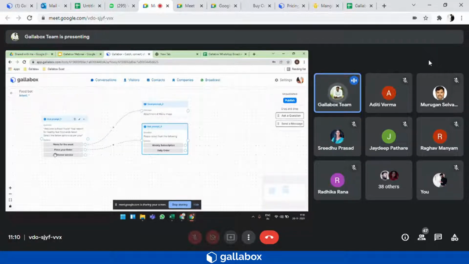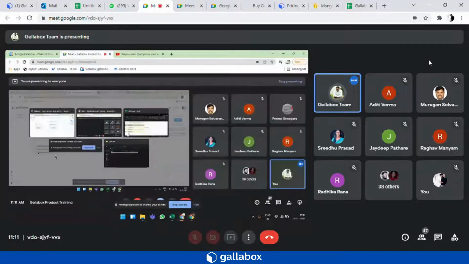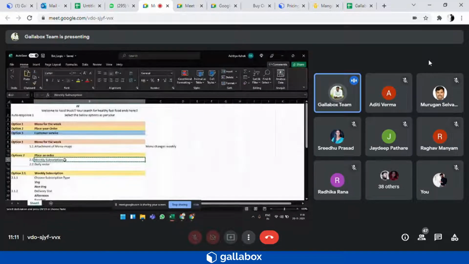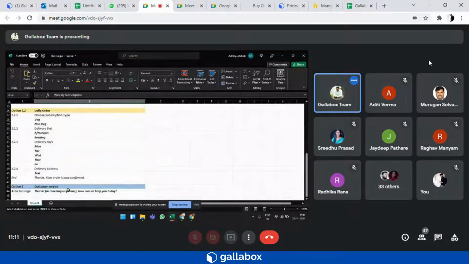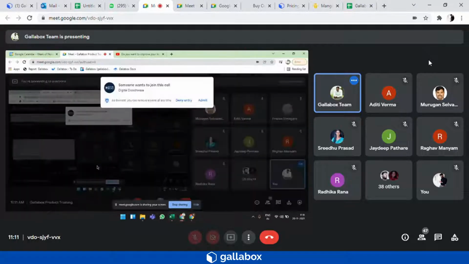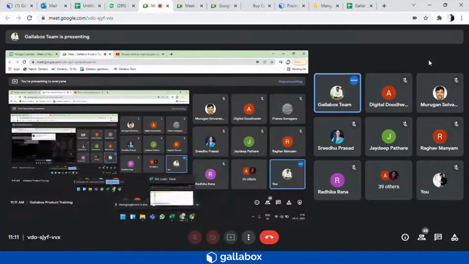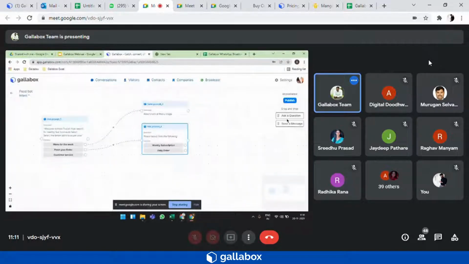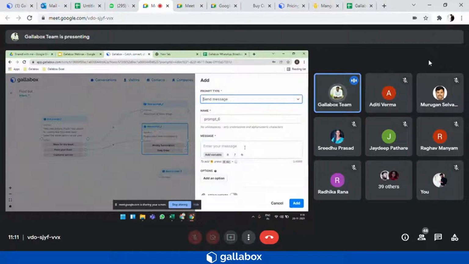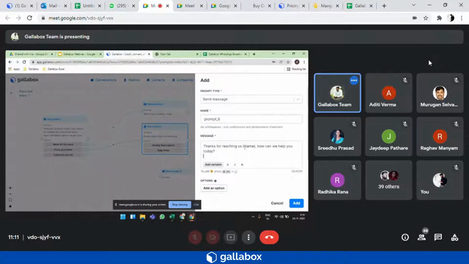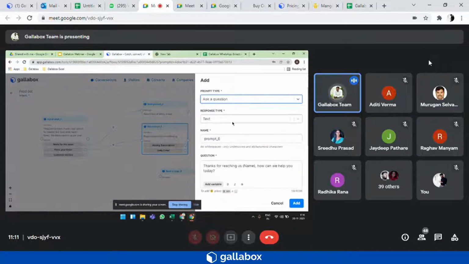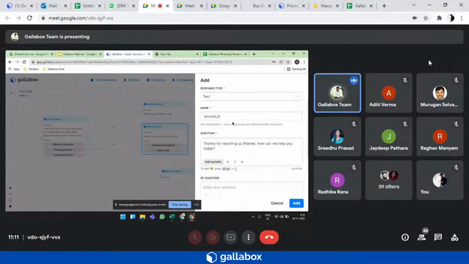My last button for the first card is the customer service. So I will send the message related to the customer service. Again, it will be an ask message because we are asking the customer what his reviews or feedback are, whether he had a good feedback or a bad feedback, that we will be collecting here.